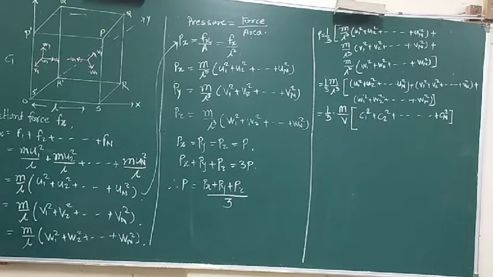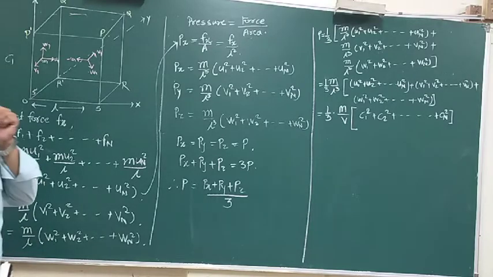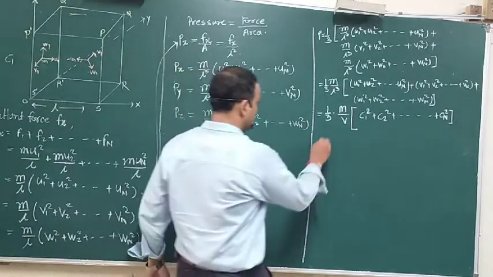Okay, now according to the definition of the root mean square velocity,